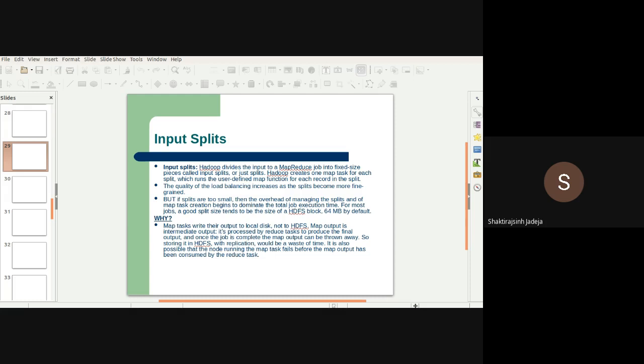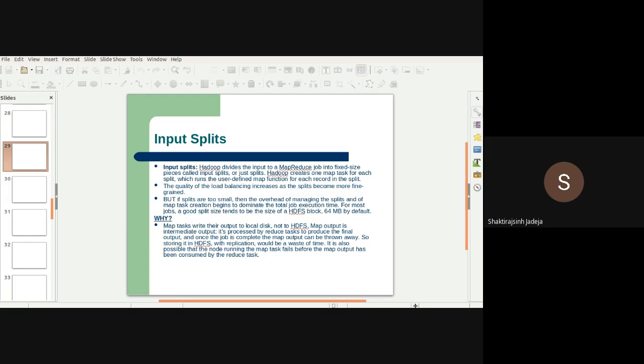The quality of load balancing increases as the splits become more fine grained. Load balancing works more effectively if you have more fine-grained data, that means more segregated data. But if splits are too small, then the overhead of managing the splits and of map task creation begins to dominate the total job execution time.